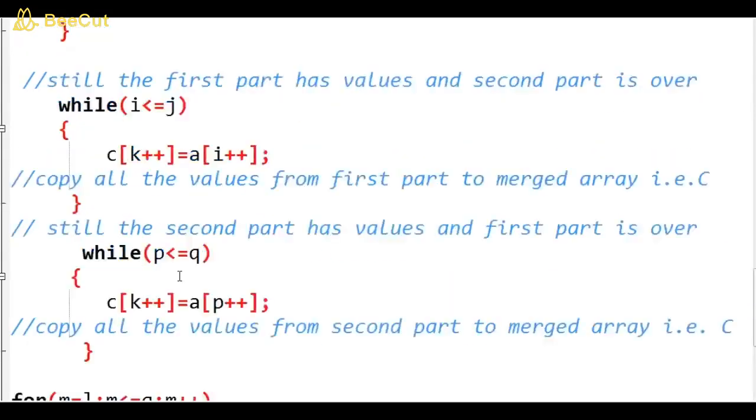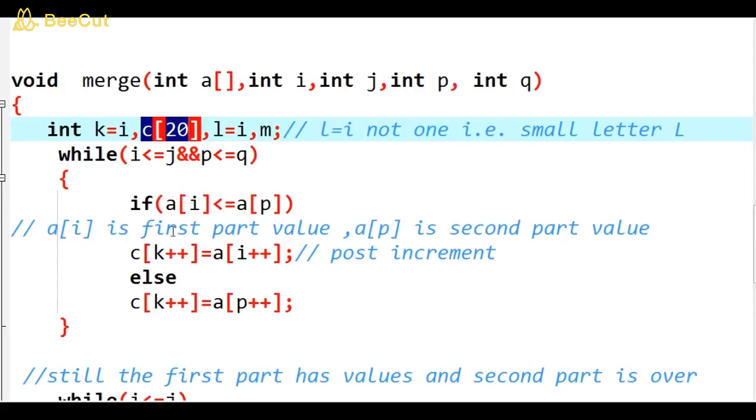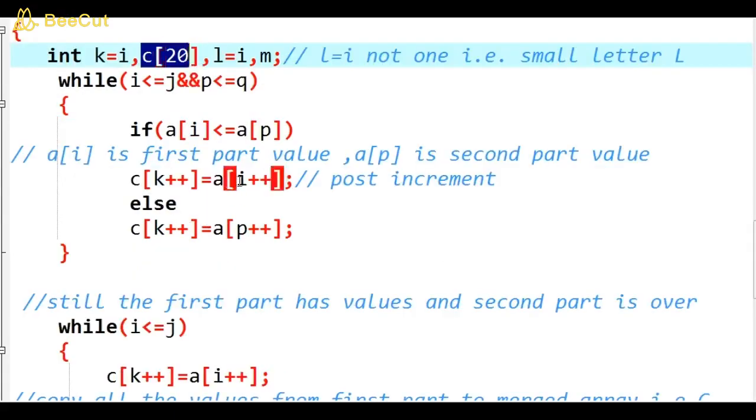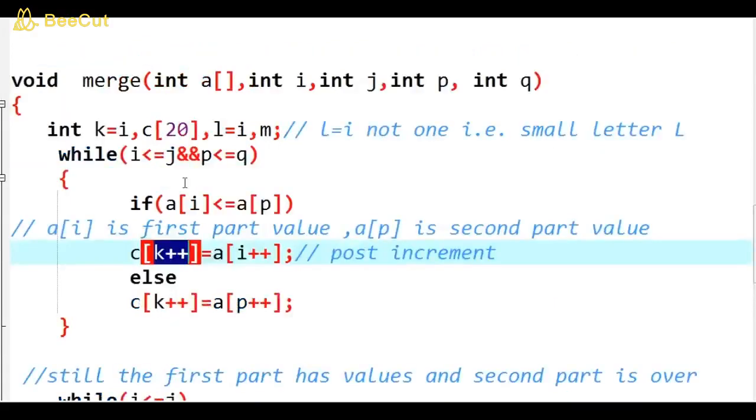Why we have taken these two extra variables, please observe carefully. C is the merged array and the merged array's starting index value is I, but during the operation of comparing the first part and second part, the values keep varying. Here in the logic, I keeps on incrementing and K keeps on incrementing. So if I directly use I, the I value keeps changing, it is not fixed.